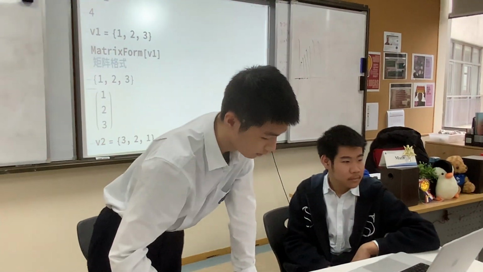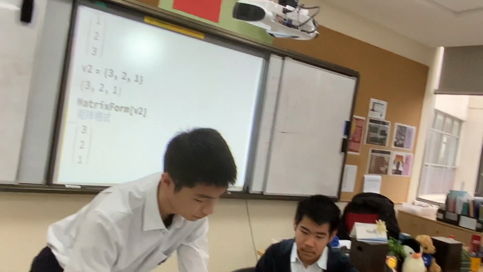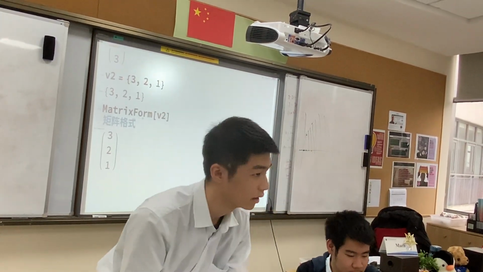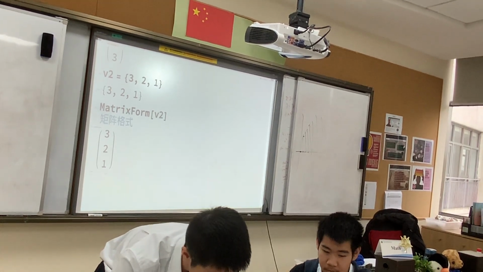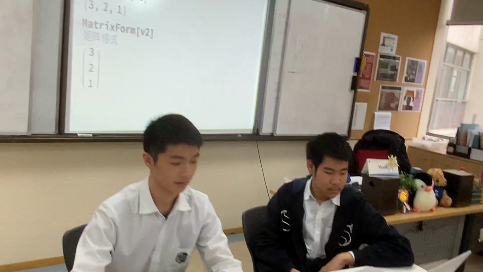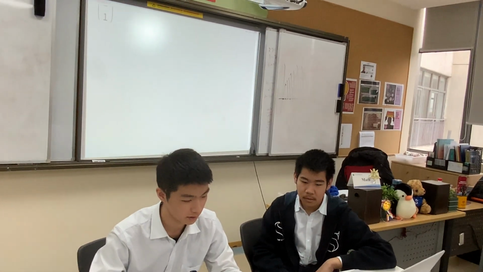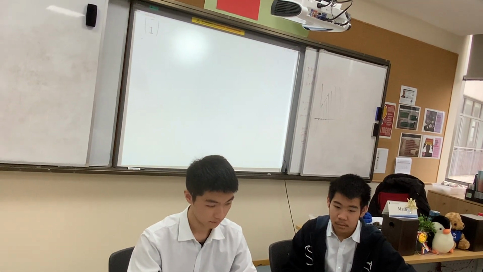Vector form, which is v1 and v2. So we can use these two vectors to do some calculation, add or subtract, and cross and dot product. I'm going to show you guys. This is very convenient in Mathematica because we already have v2 and v1. We can just use it as a calculator and do some calculation. For example,